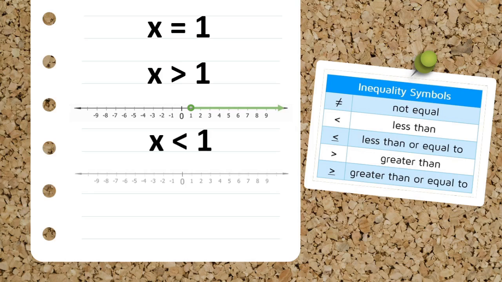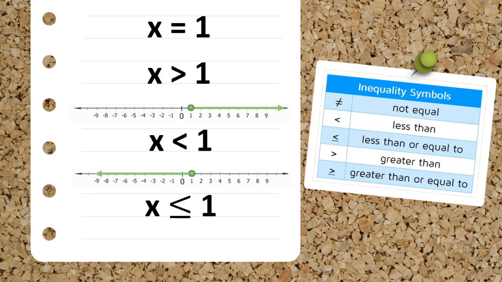We will draw an arrow in the opposite direction. Again, we will still begin on number 1, and we use a hollow circle since 1 is not included. The arrow will be pointing to the left. But if the given is x is less than or equal to 1,